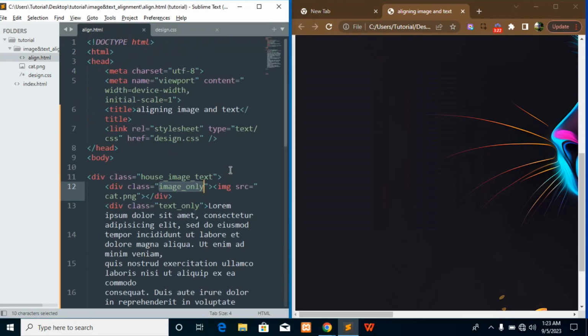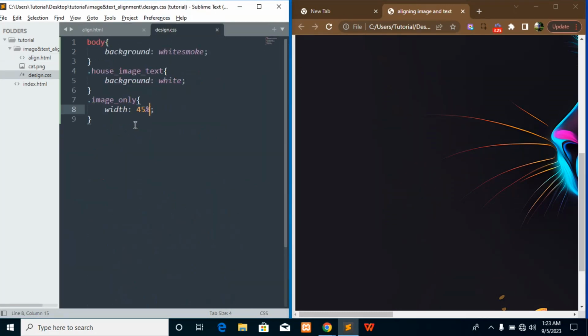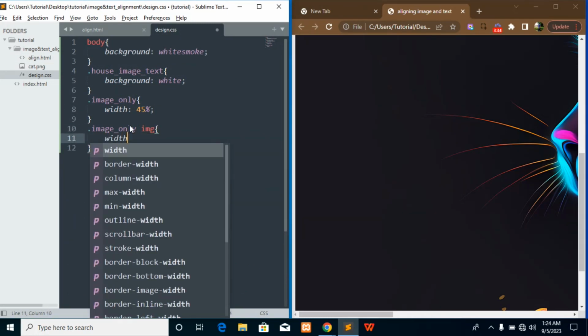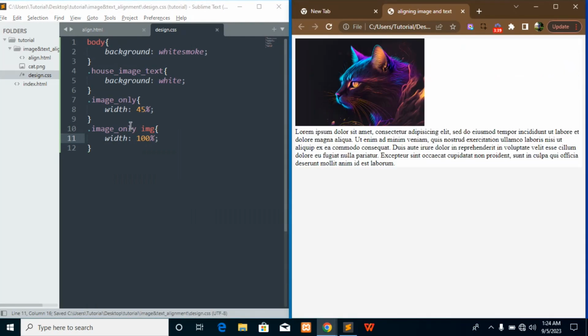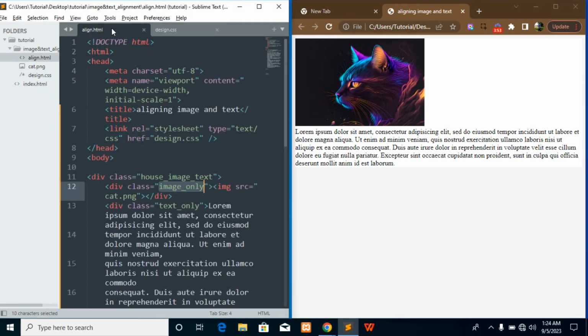And then I want my image width to be exactly 100% of it. So I've successfully done that. I made my image only width to be 45% and the image within the image only div to be about 100%.